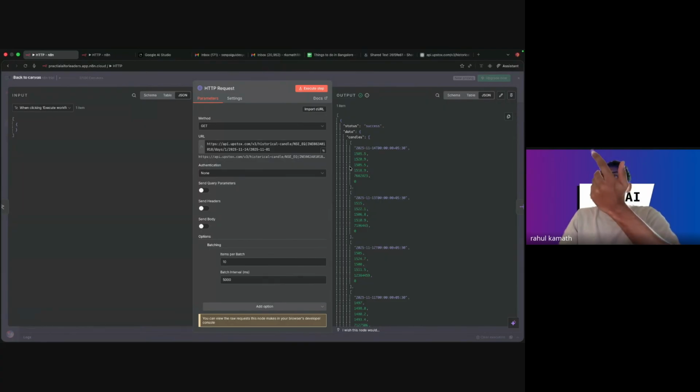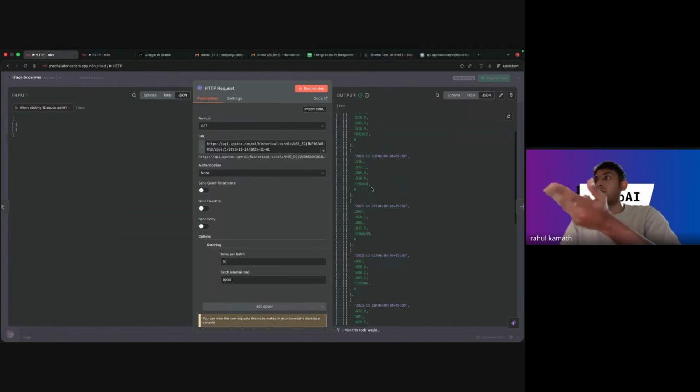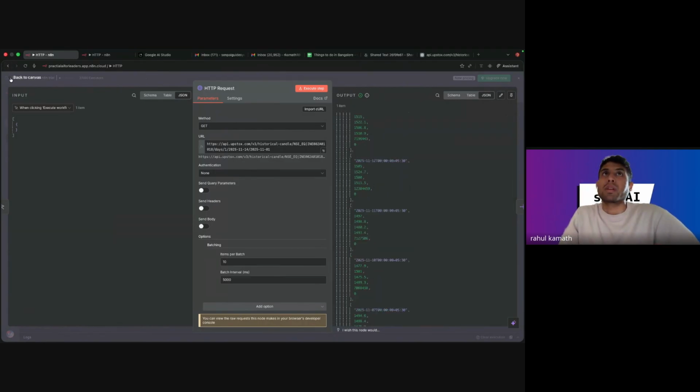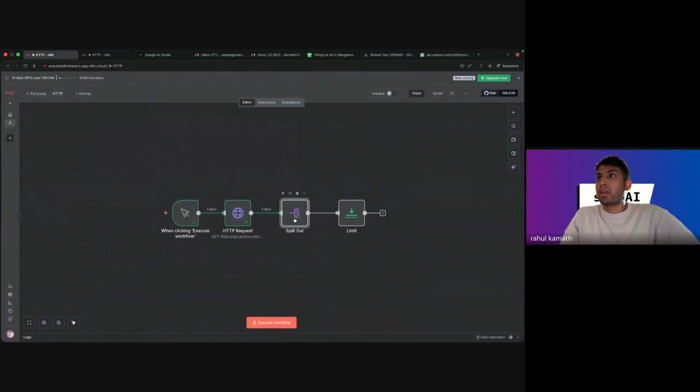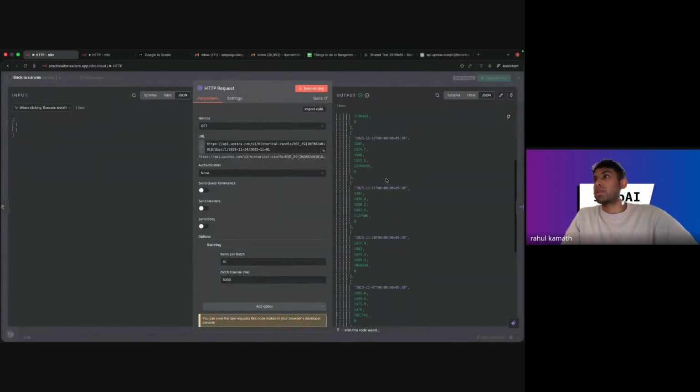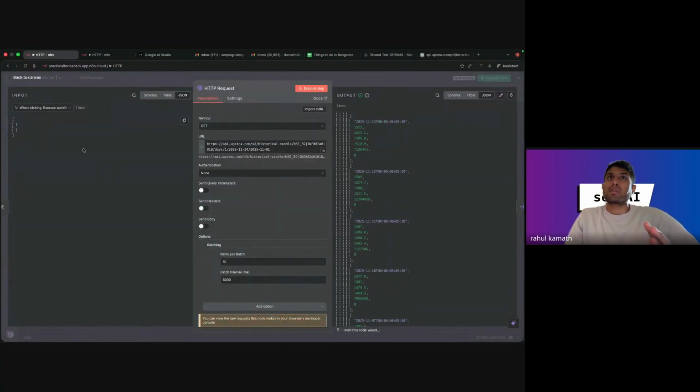But sometimes the results might be junk. Not everything might be junk, but I just need certain information, and it's giving me a lot of information. I just need maybe the latest price, not all the history of prices, right? N8N gives everything in a JSON format, and it's very easy to visualize because you can see the previous node's input, then the processing which happens here, and the output. So input, processing, output, and you see the HTTP request has given this output.